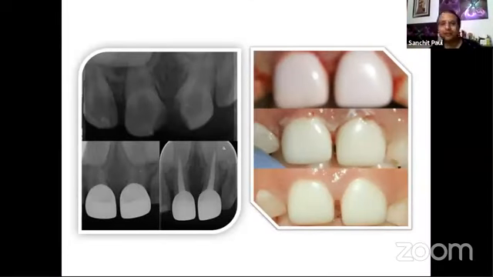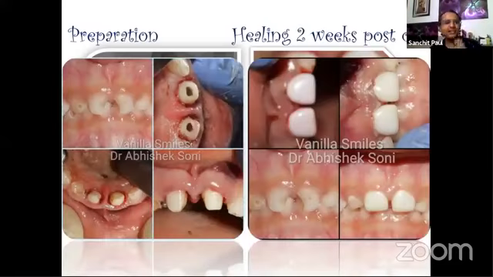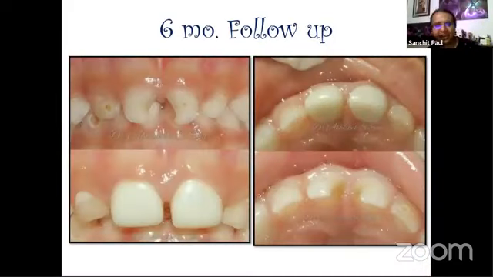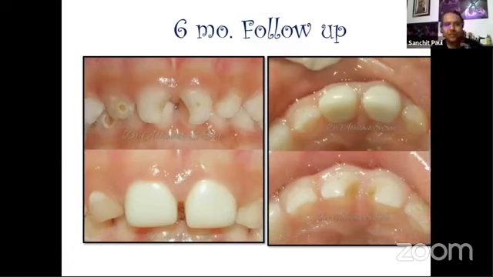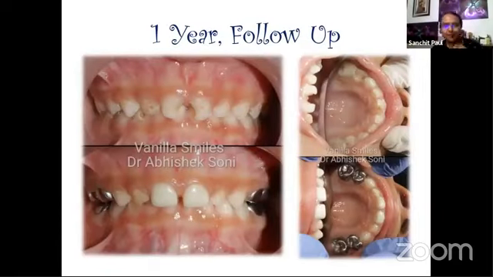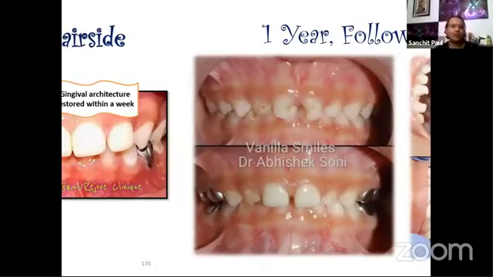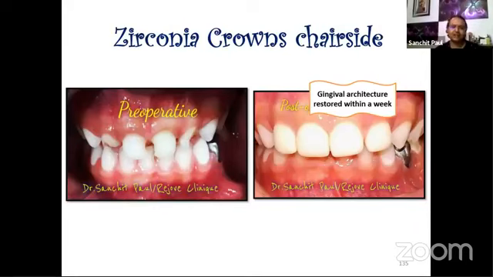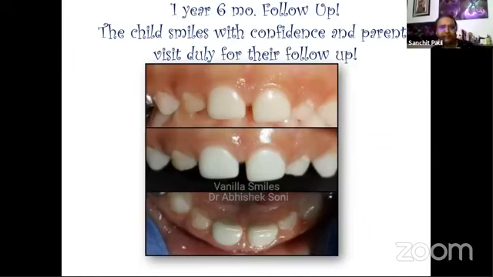And these crowns not only promote stable treatment, but also highlight the overall psychological benefit, because see, these are all 3 year olds, 4 year olds. The only thing they remember is their teeth, which are mutilated, which are always paining, with discomfort, and at the end, everybody is struggling: the child, the doctor, the parents. Once you start using these crowns in a proper case selection way, they give beautiful outcomes. And I think the pictures are there to say. I really don't have to speak on what difference it makes.